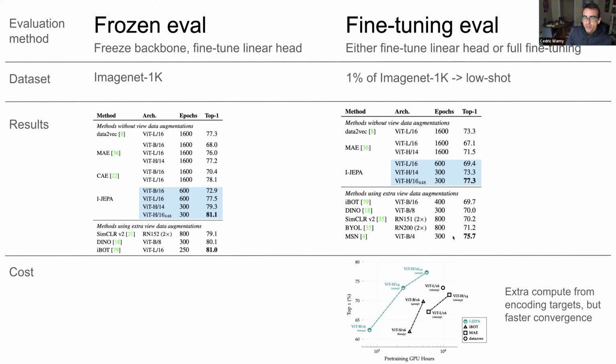For this column, it basically shows that it performs really well in a low shot setting as well. And then this last row for this table is the comparison of compute costs, essentially, for the fine-tuning evaluation. They compare that to